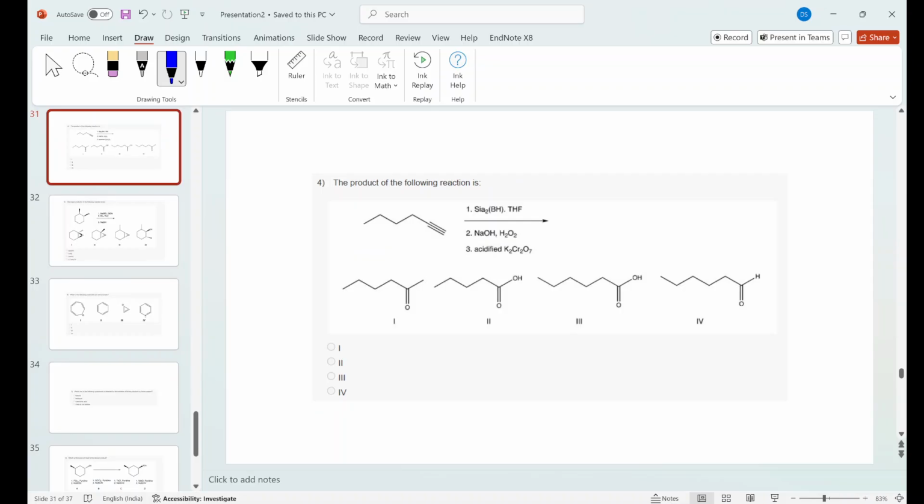So the product of the following reaction, this comprises some of the earlier class reactions also. So this is the hydroboration reaction here. So you know that first, in the less substituted side, this boron will attach. Okay, so the first product will be